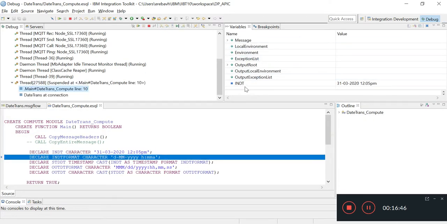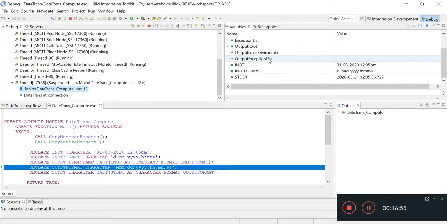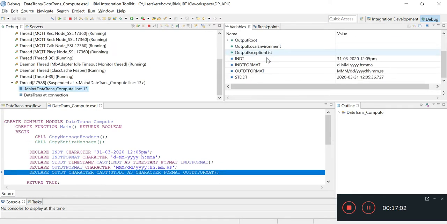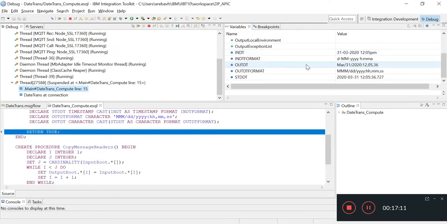So you can see here in date format, input date format and standard date. Standard date you can see. Now out date format is month, day and year. Now friends, you can see here March 31 2020 and 12:05 is the time.